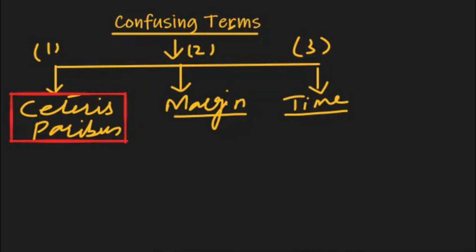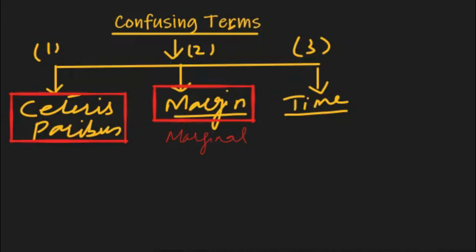The second term is margin, and the concept of margin is also a really important term, and it is continuously used in microeconomics. The concept of margin means the impact of producing or consuming one additional unit of a product. For example, if a firm decides to produce one additional unit of a product and it leads to some extra cost, that extra cost for that extra unit produced would be the marginal cost. And we also use the alternative word for margin, that is marginal.